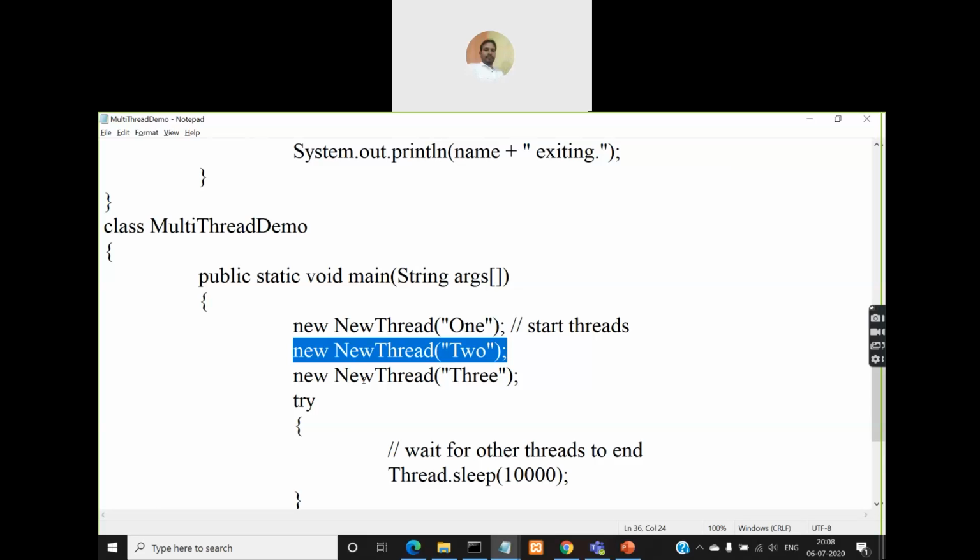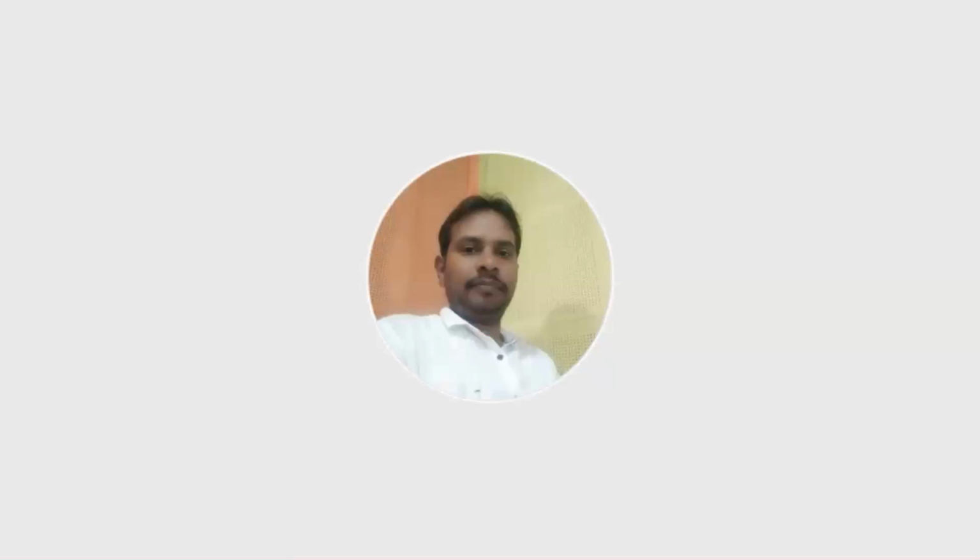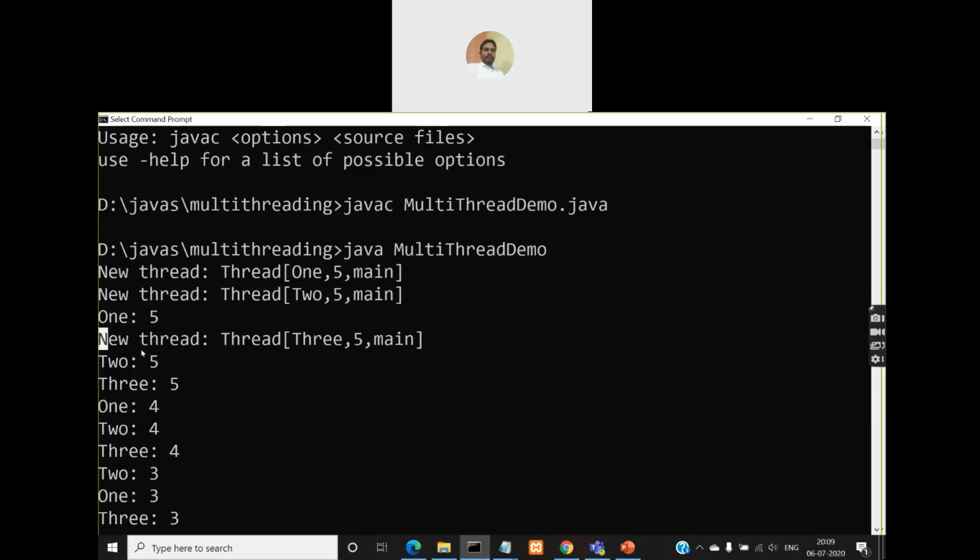And if it goes to 1, if 1 is suspended, you may return back to 2, or you may come to the main thread. So in that case, it is coming to the main thread. When it comes to the main thread, then the new third thread is created. That is why, see, first new thread 1 is created, then 2 is created, then after 2 is suspended, we are returning back to 1, and the first iteration is completed. And after one iteration is completed, one thread will be suspended. Then after that, instead of going to 2, it is coming to the main thread, and the main thread is creating a new thread here. That's the third thread.